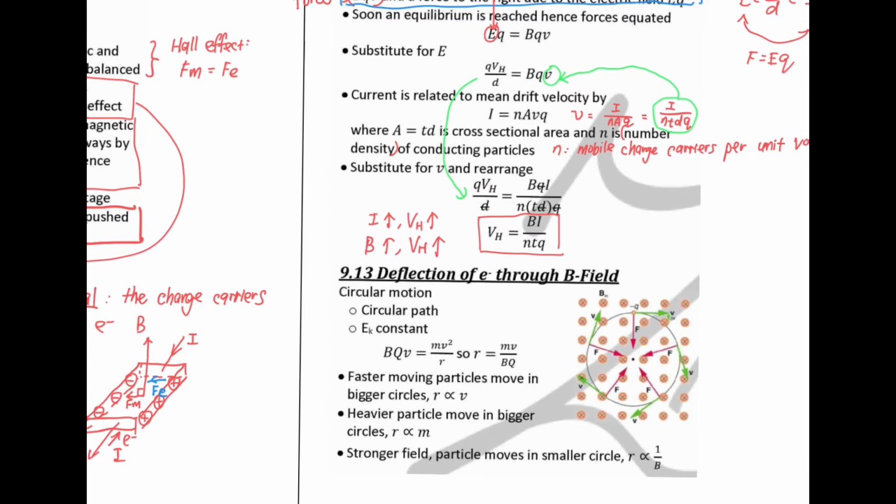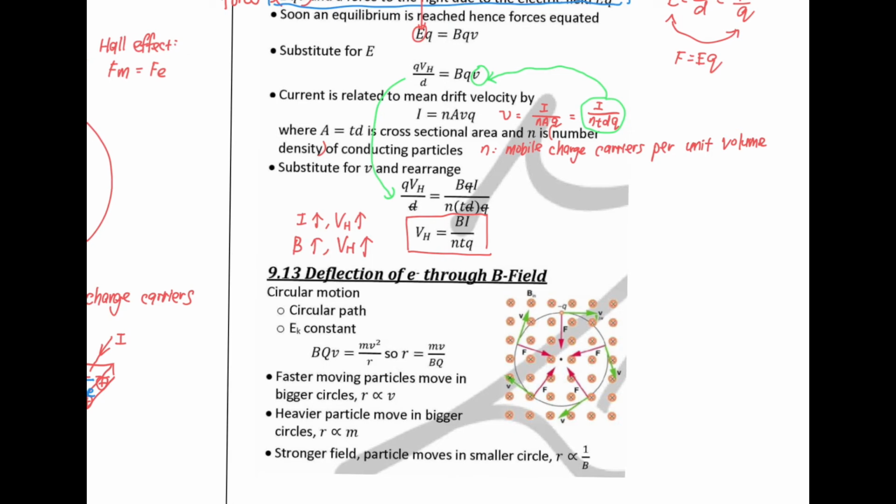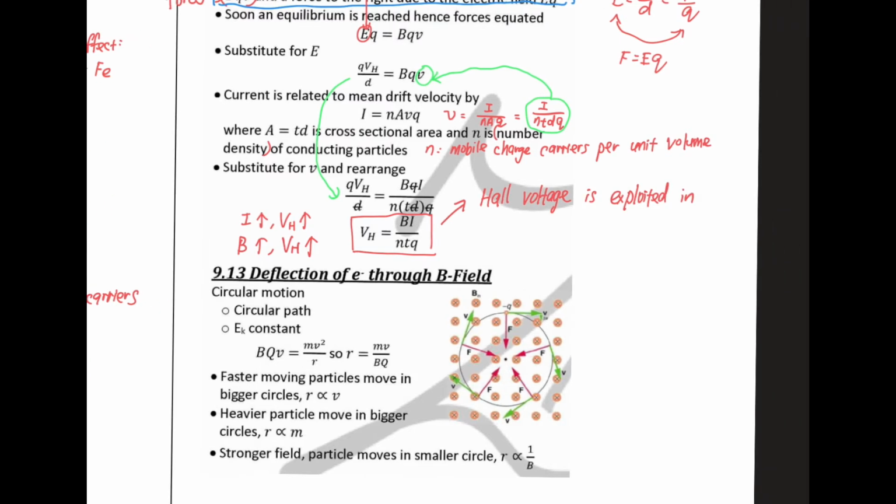Okay, so at the end, I'm going to put Hall voltage settled already, but we have to do the question also. Before that, I just put it in this way. Hall voltage is exploited in instruments called Hall probes. Probe means detector. So this is a detector which is used to measure